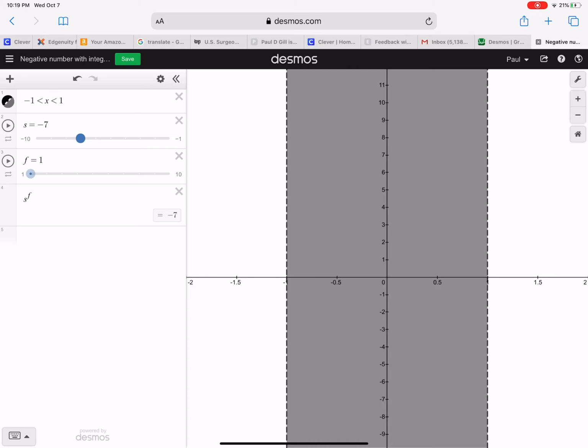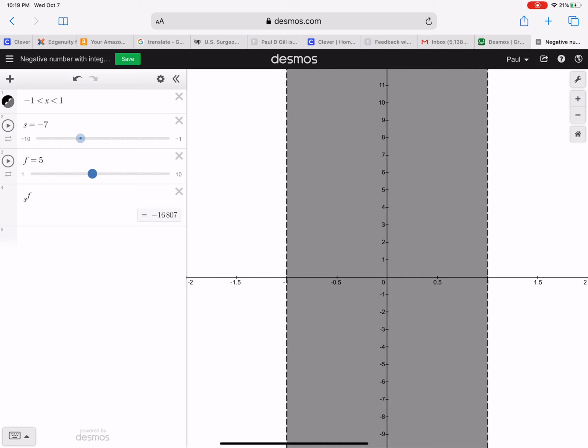To go to the power of 2, we multiply by -7 again. A negative times a negative gives me a positive. To go to the next exponent, going from an even exponent to an odd exponent, 3, we did that by multiplying by a negative number. Multiply by a negative number again, we go back to a positive 2401. Multiply by a negative number again, we go to a negative